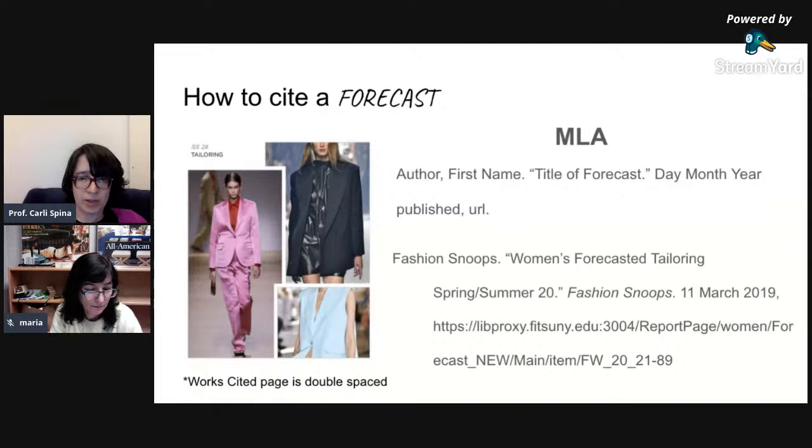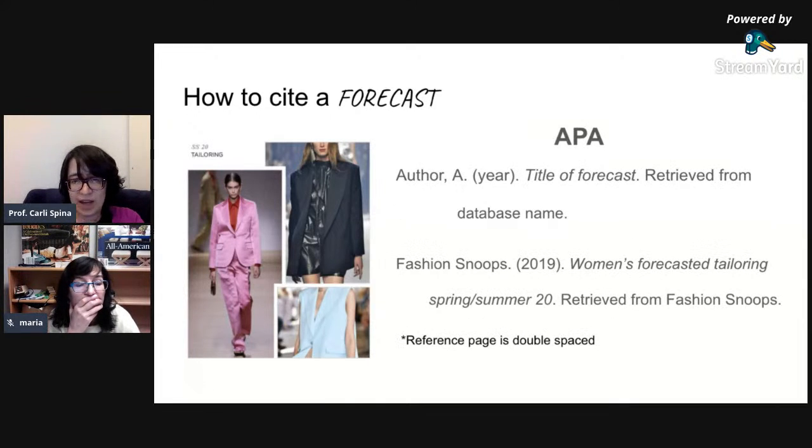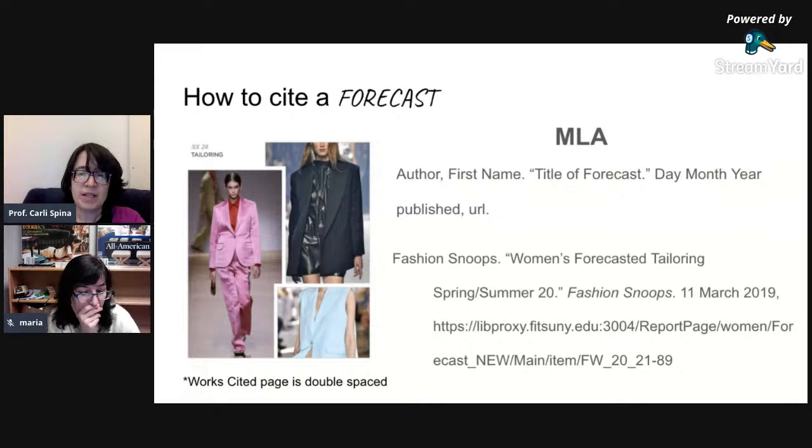So now let's compare and contrast how that might look in MLA. Still looking at the same forecast, we're going to look at how this looks in MLA. Again, you're going to start with the author, but in this case, we're going to put the full name for the author. In APA, you just put the author's last name and then their first initial. But in MLA, you put the full name. That goes to their focus, which we talked about, on who wrote something. They're very interested in the person who wrote it, which means greater focus on the name, so they spell out the full name.